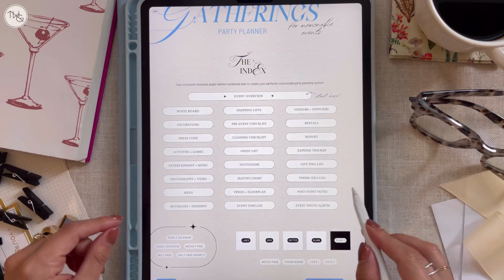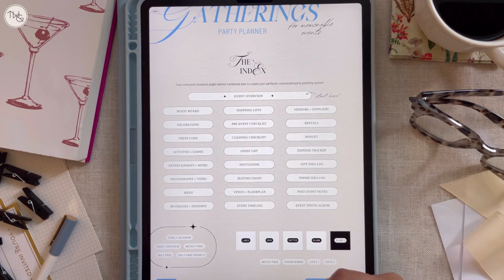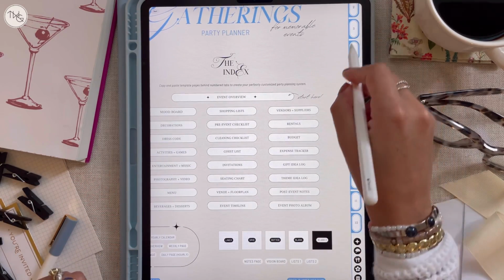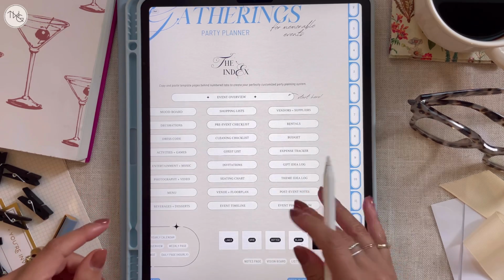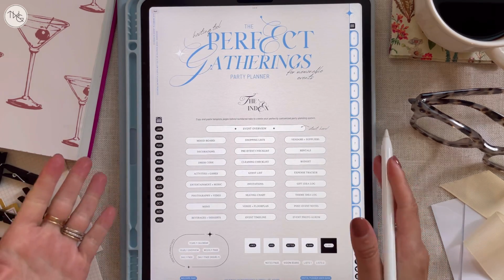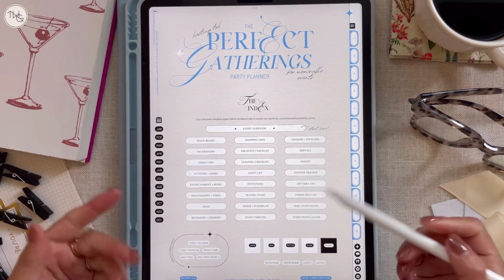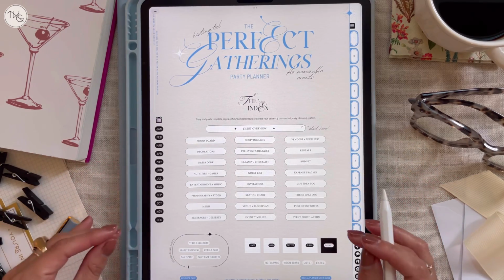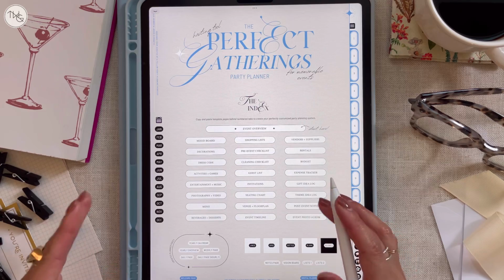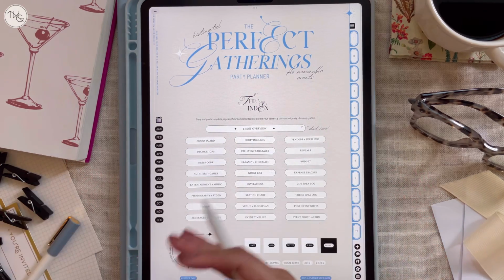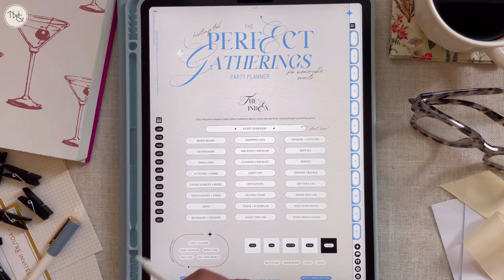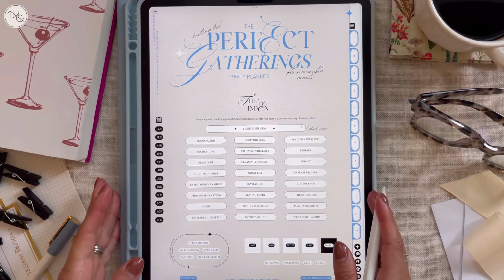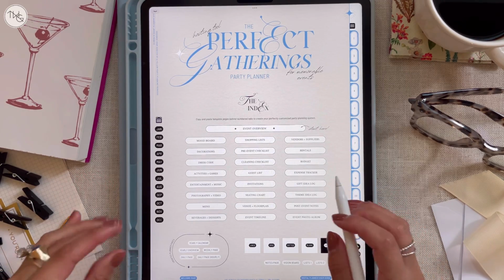You can copy and paste each template over and over and create your own custom sections here on the right-hand side in these tabs, and I will go over how to do that shortly. Now, you may not need to use every single template for every single party that you plan, but I wanted to make sure that I made this planner really versatile and also kind of all-encompassing, so it's like your ultimate party planning tool. This will hopefully keep your party planning process really organized and streamlined, and I just love that